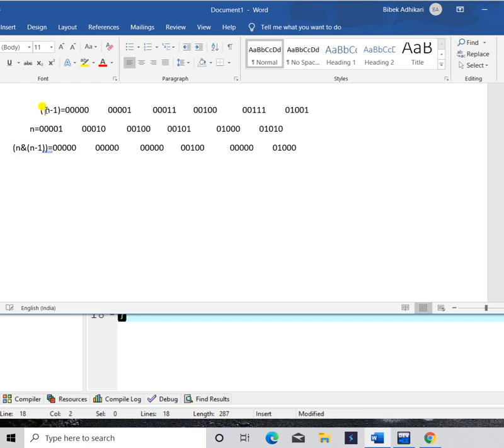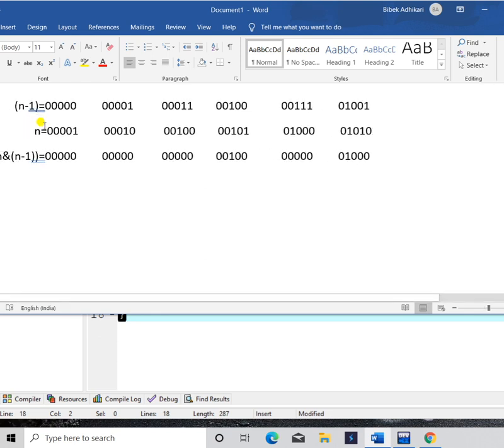Suppose the value of n is 1 and the previous value of n, n minus 1, is 0.